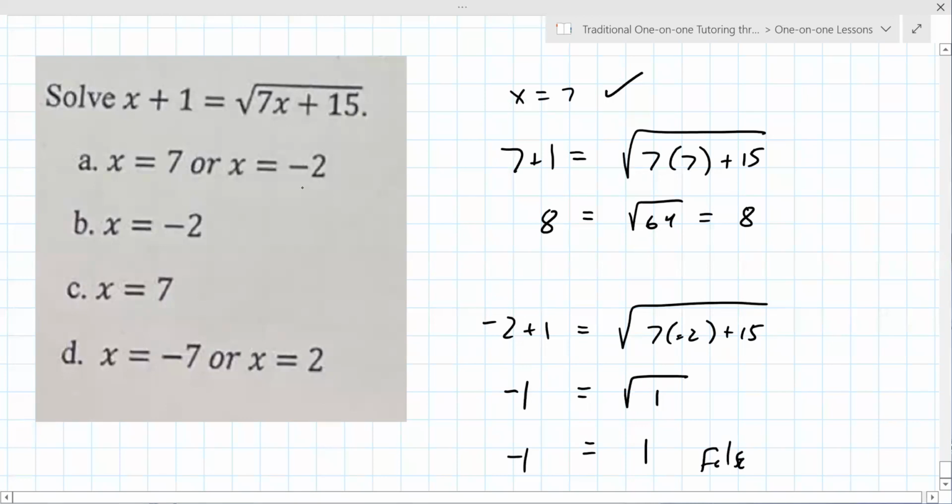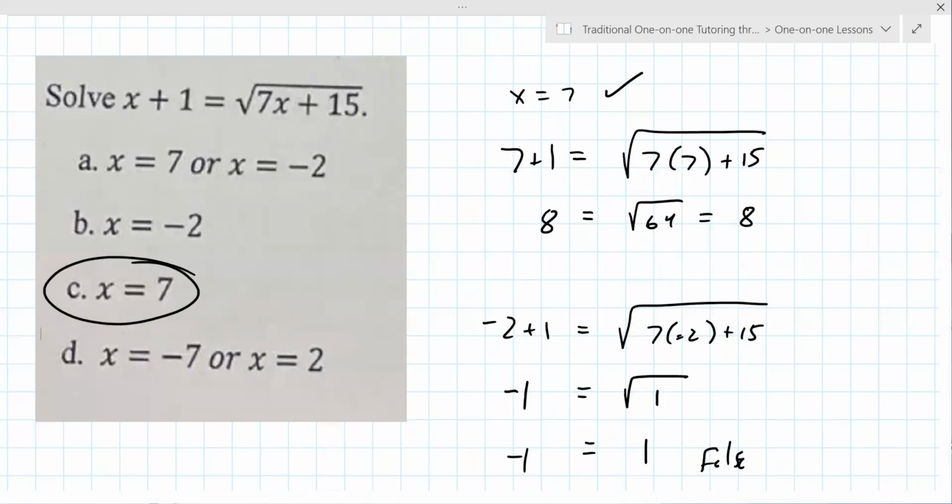Right. So we know that -2 does not work, which means that 7 does work. So it has to be C. It has to be C, yeah. Okay. You get a problem like this or one really similar to this, just try the answers. For sure. That's how I tell people in the SAT. There's actually a table approach and there's some other things we can do to make this even more efficient, but